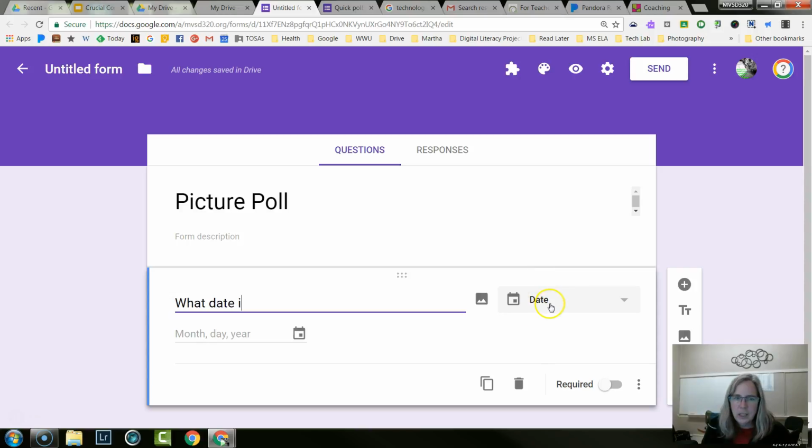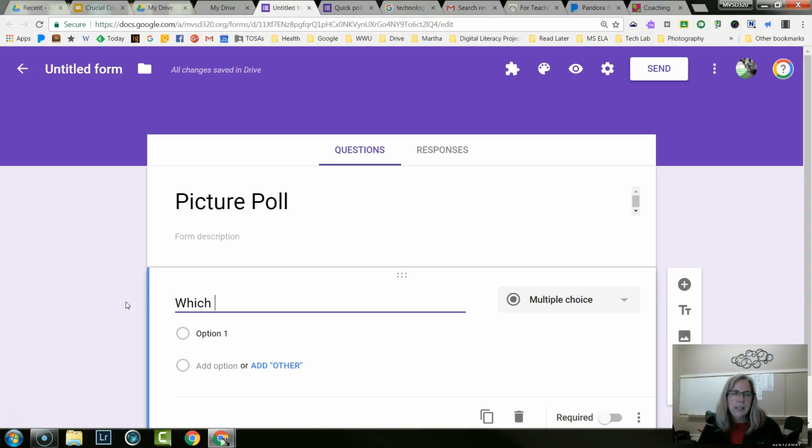And so it actually comes out with the date answer there, which is kind of cool. But right now I'm going to say which, so it will anticipate your answer. And so when I say which, it thinks it must be a multiple choice question. So you'll notice that over here we get a multiple choice question. So which photo do